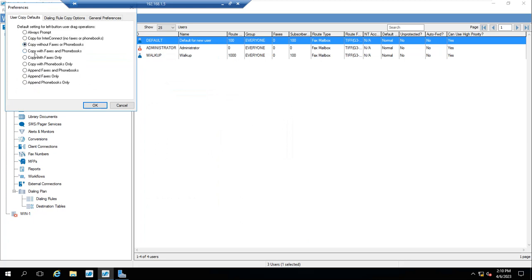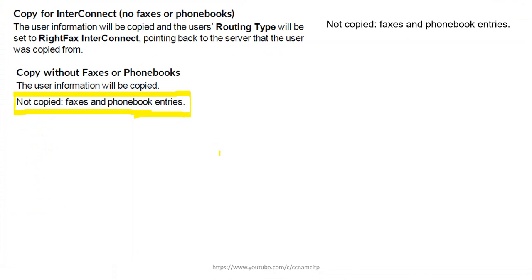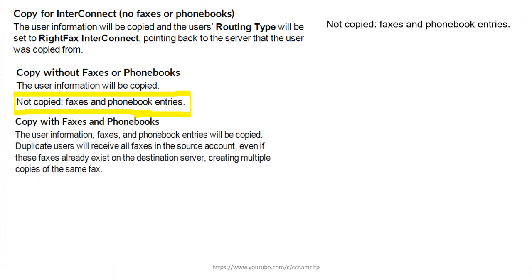Okay, similarly copy with faxes and phone books. If you select this check mark, what will happen: the user information, faxes and phone book entries will be copied in this scenario, and the duplicate user will receive all faxes in the source account. So you have to think about it and talk to your team management about the best policy to enable here. Okay guys, even if the faxes already exist in the destination server,